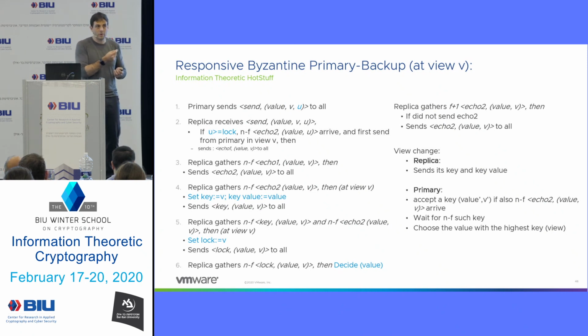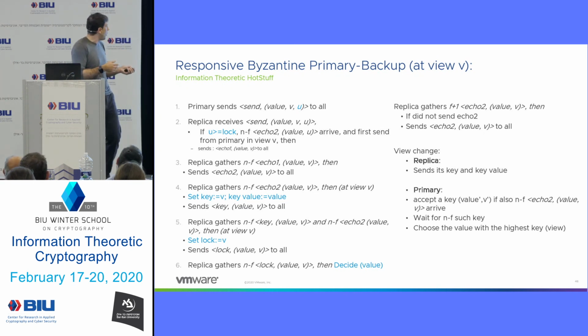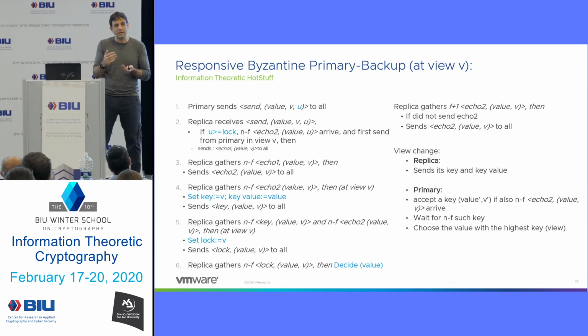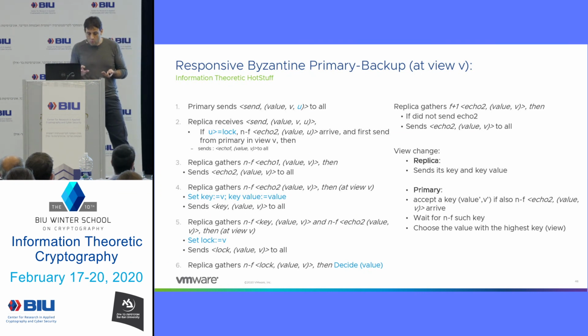So this protocol is deterministic. There is no randomness here. And so it obviously has to take f plus 1 rounds. It actually has to take order f plus 1 rounds because there are a lot of rounds here of sending. But what we'd like to do is basically choose a random leader. And not only that, we'd like to choose a random leader in a way that an adaptive adversary cannot attack. So if we just naively choose a random leader, then an adaptive adversary can shoot down this primary. And so what we'll